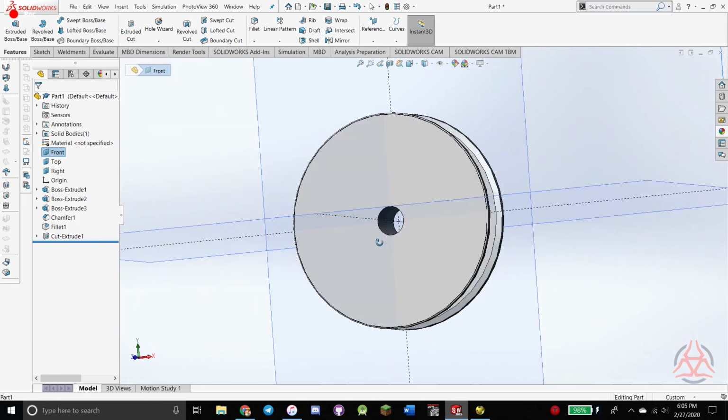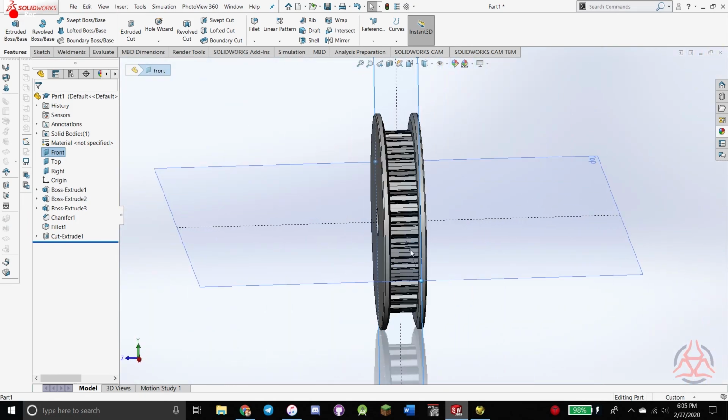So that's a very simple way to make a parametric pulley, using the OpenSCAD software and then importing it into the SolidWorks